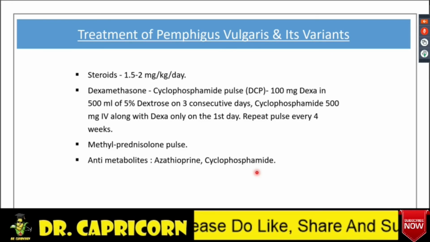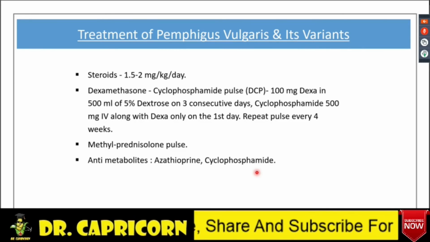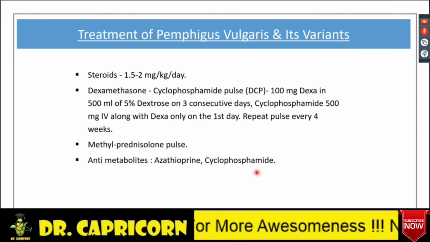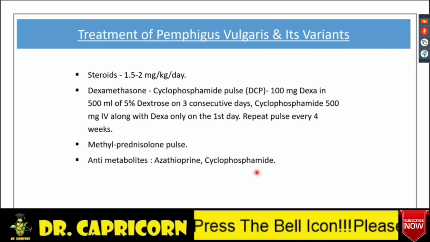So you need a high dose of steroids, around 1.5 to 2 milligrams per kg per day, and long-term steroids are needed. As compared to the Western population, their requirement for steroids is much more than the Indian, as their body surface area is more. Another modality of treatment is pulse steroids. Daily steroids lead to a lot of side effects like suppression of the adrenal pituitary axis, which is very common with systemic steroids.